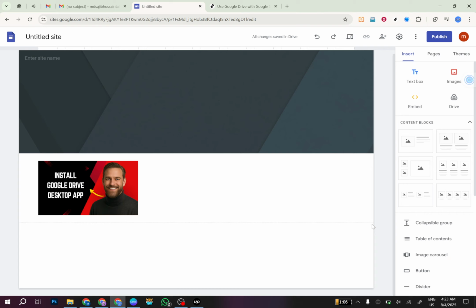It's also prudent to double-check the visibility settings for your embedded files, ensuring that your audience has the necessary access permissions. And there you have it. A quick and efficient way to integrate Google Drive